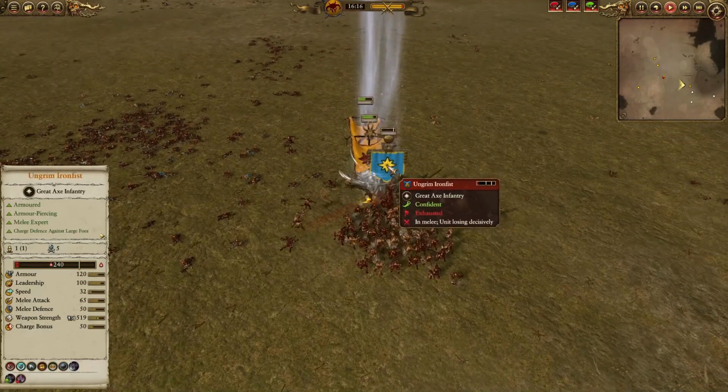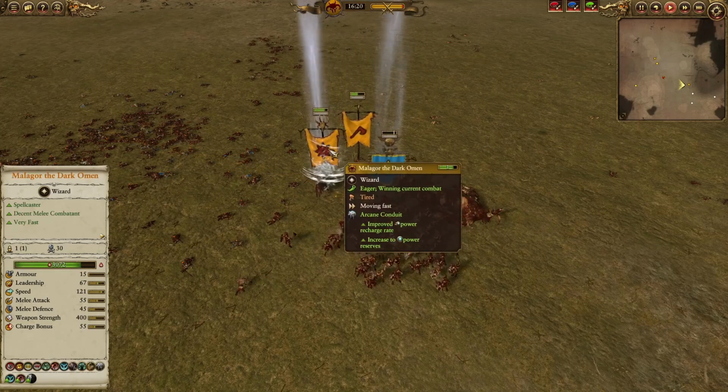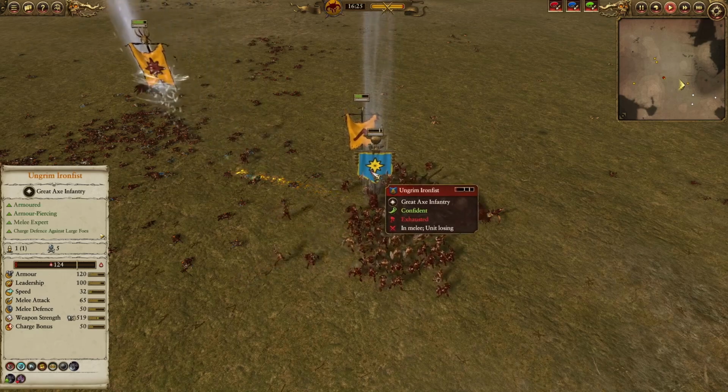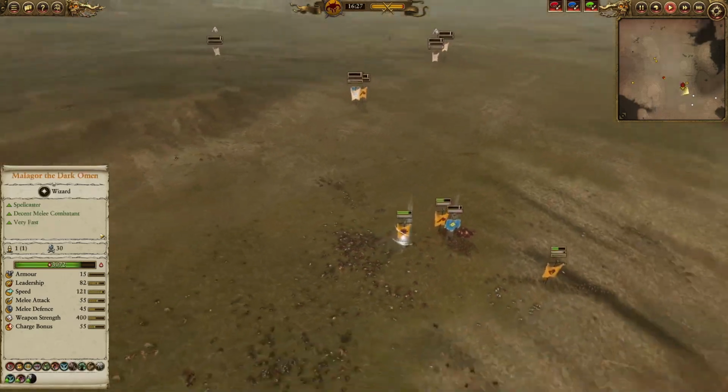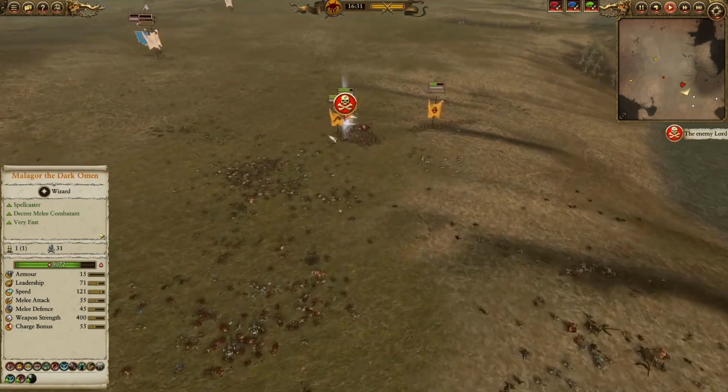Malagor is now going to be fighting up against Ungrim. Can Ungrim potentially bring this back? I highly doubt it. Balance of power has already kicked in here with army losses. And it's like here the Goreheads should be able to finish off the big Slayer King. In the back here, it looks like the Slayers are getting dragged down by sheer numbers, 700 HP,